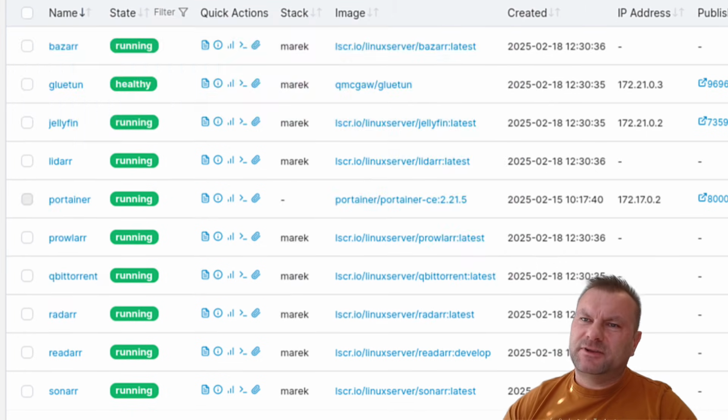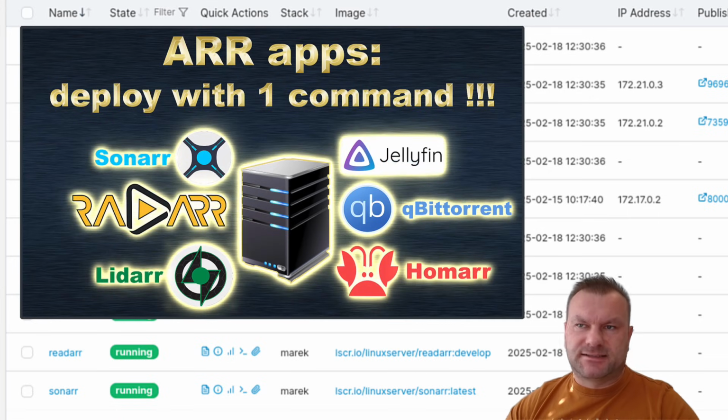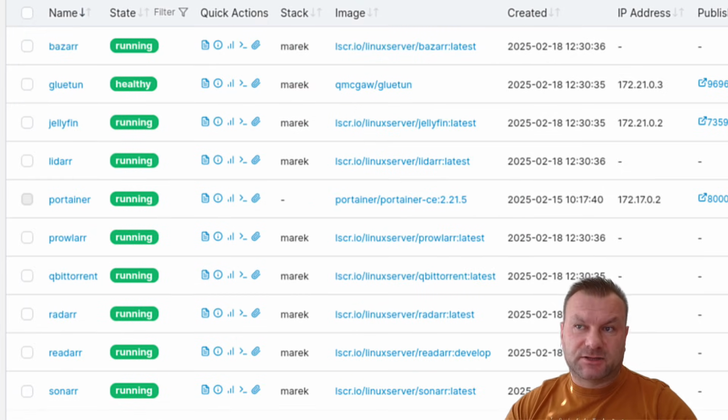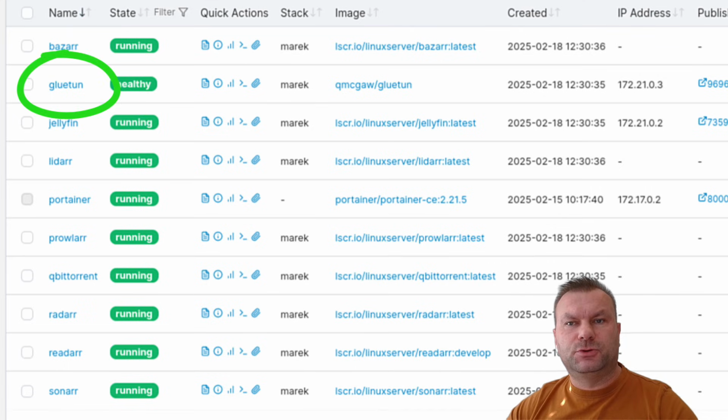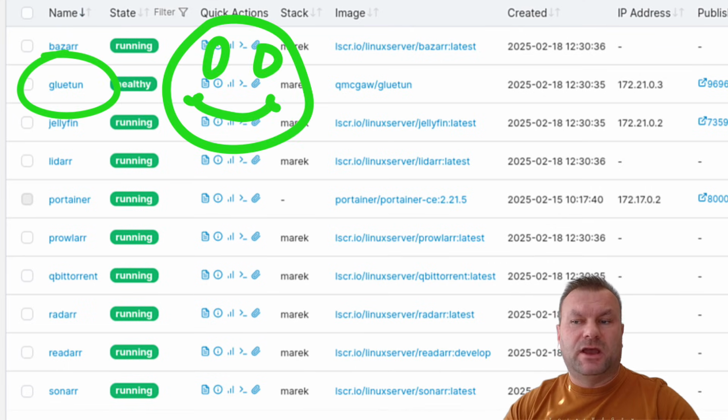So it's very similar to what we did in the previous ARR Stack related video, but that previous ARR Stack was a little bit smaller, and you guys asked back then how to add some additional services, like that Bazarr I mentioned, but most importantly you asked for that Gluetun container which can be added and then used to manage our VPN connection,